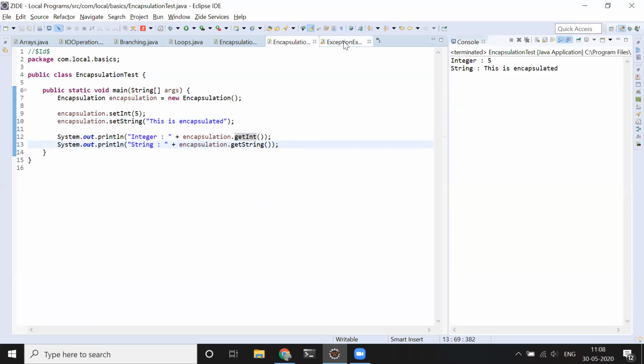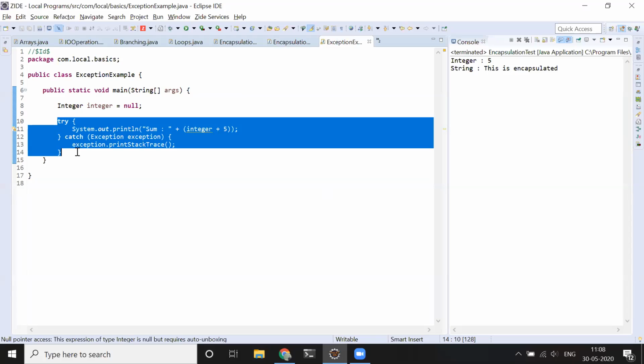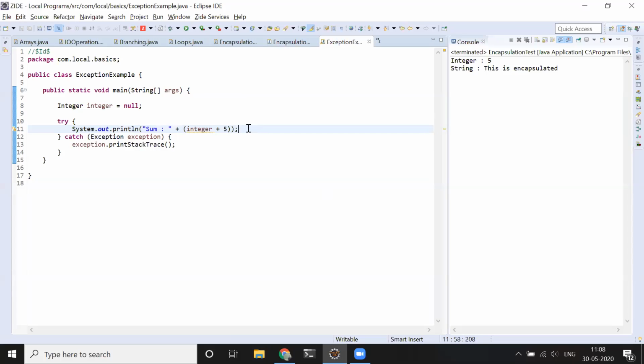And my last topic will be exception handling. Exceptions are conditions that take place in your program which will be affecting your normal functioning. So we will be enclosing those kinds of codes inside a try catch block, where your code will be executed inside the try block, and your exception will be caught by the catch, and you will be making handlings based upon those catch methods. If you can see, I have initialized an integer as null, and I am trying to add some value to the null, which is practically not possible for any compiler, so it will be throwing some exception.